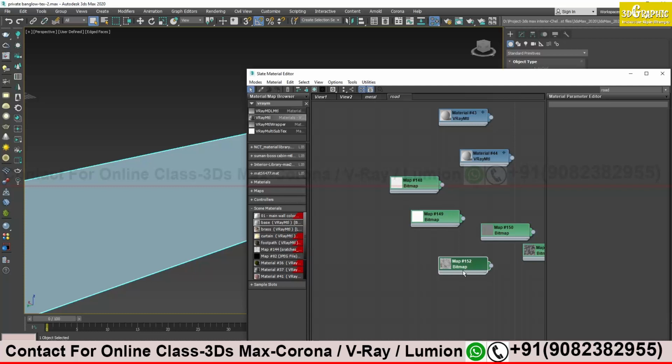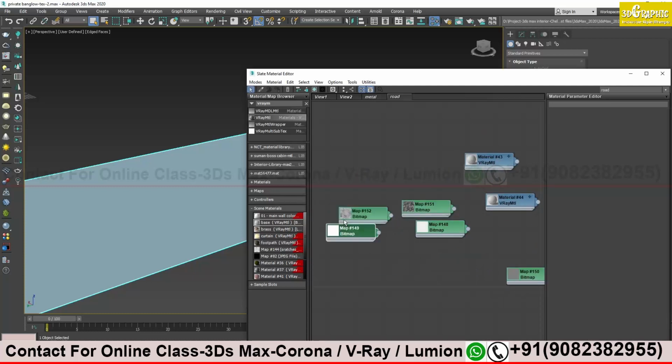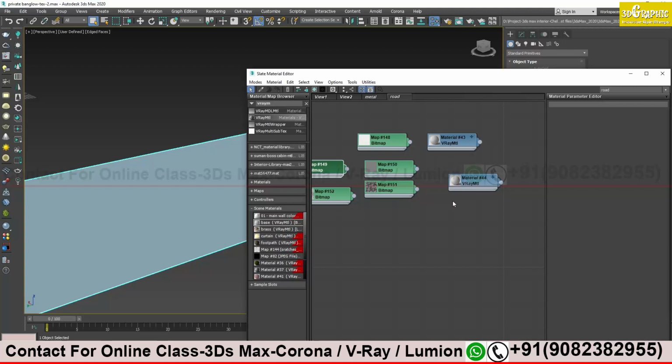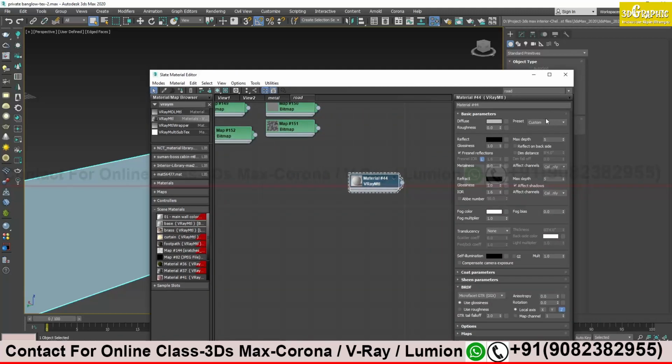We will try to use one by one as many of these cracks and others as we can. I'll bring one material over here and name it road material, and apply this.